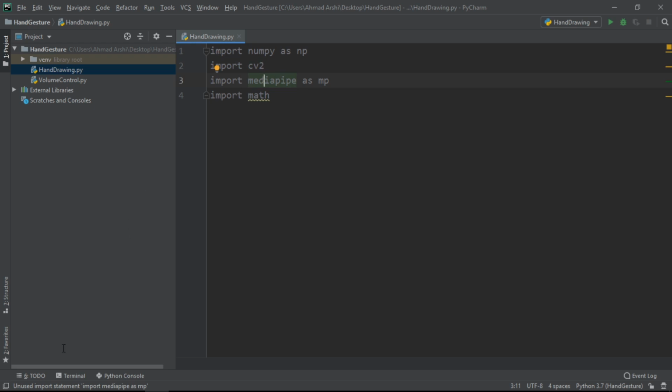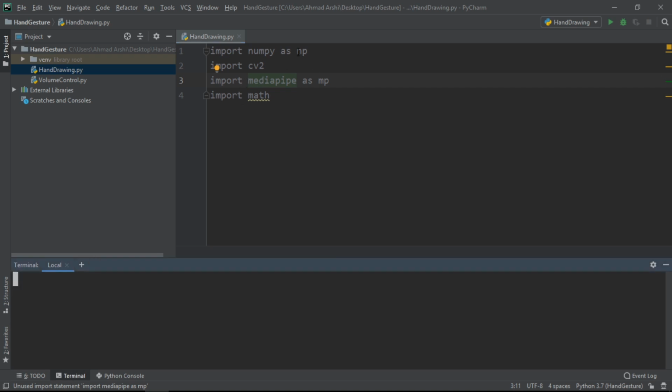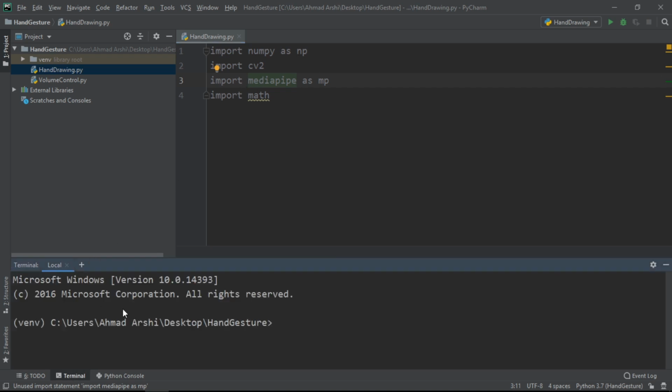If they are causing any issues or you are unable to install using this method, you can go to the terminal and run pip install numpy, then pip install opencv-python, and for the last one, mediapipe. It will import all the dependencies for you and you will be good to go.